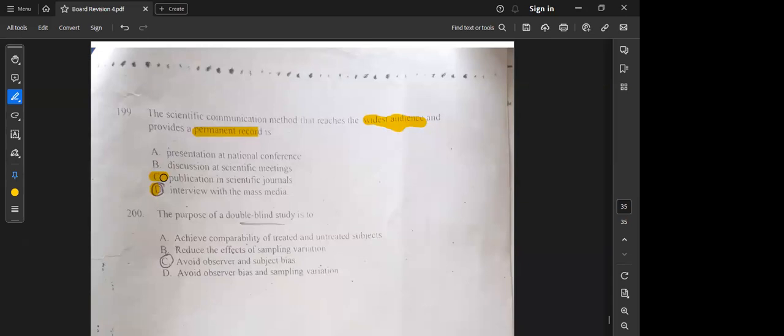Okay. The purpose of a double-blind study is to achieve comparability of treated and untreated subjects, reduce the effects of sampling variation, avoid observer and subject bias, and avoid observer bias and sampling variation. Let's go. What do you guys think? Personally, I think